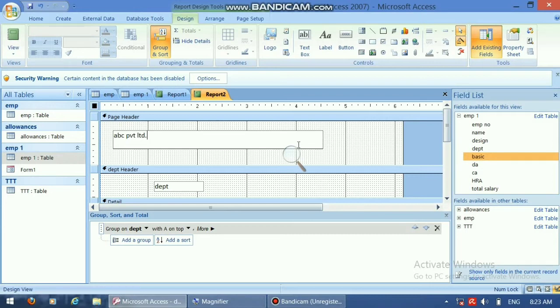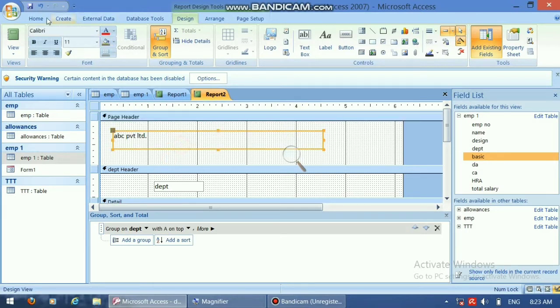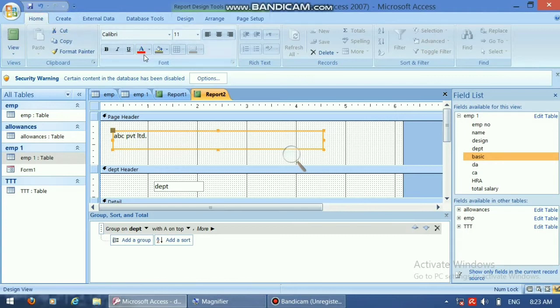You can increase the size of text and color. You can give color through the Home tab, and like I selected red color, bold, and whichever size you want to give to this text. I gave 26, or you can give 34.